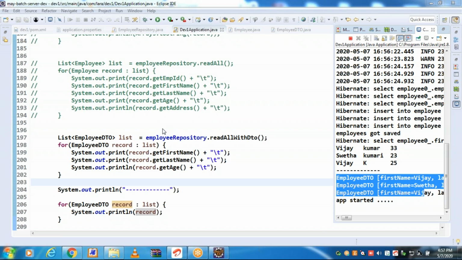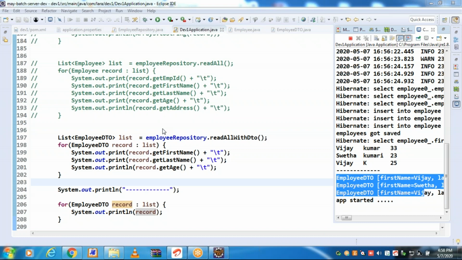For all the requirements, we may not be required to read all the columns. We may required to read some important, some desired columns. In that scenario, develop the DTO, specify which columns you wanted. Specified columns only we can specify in the DTO.